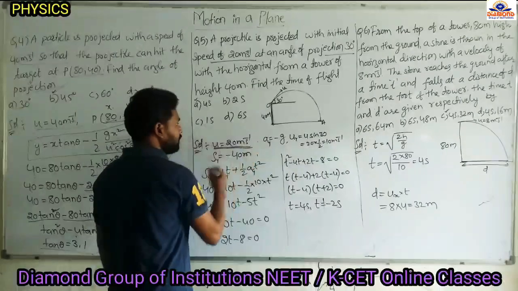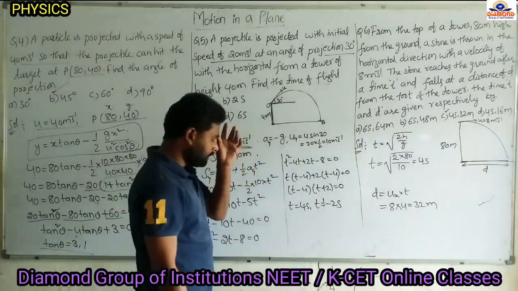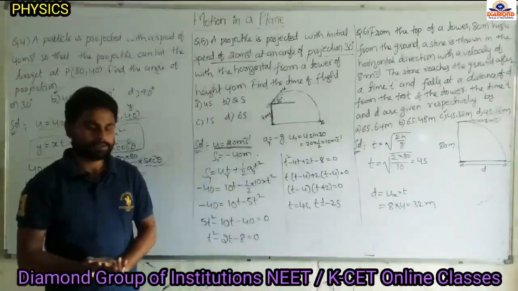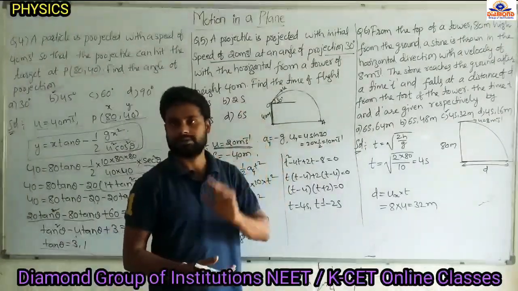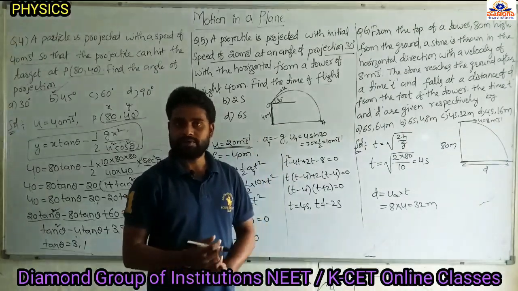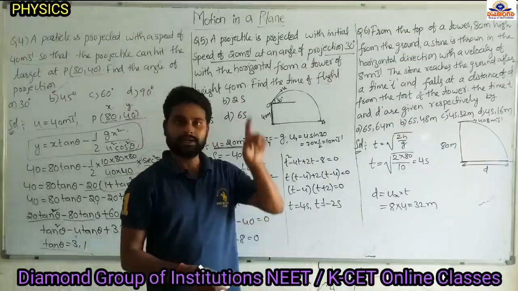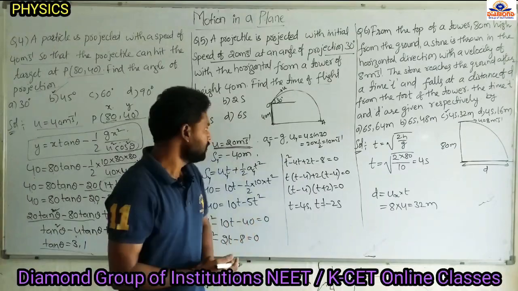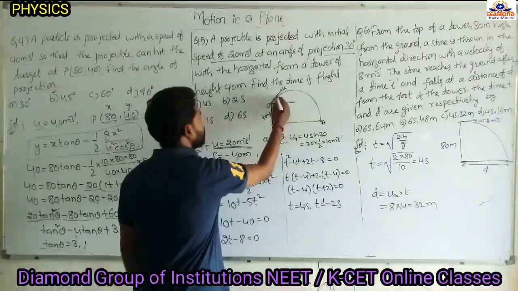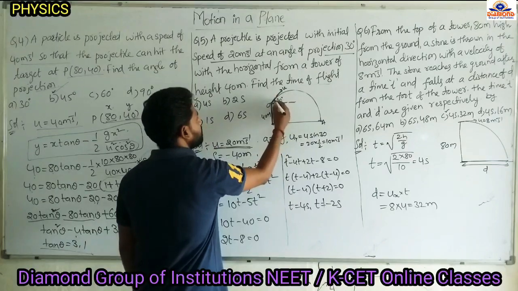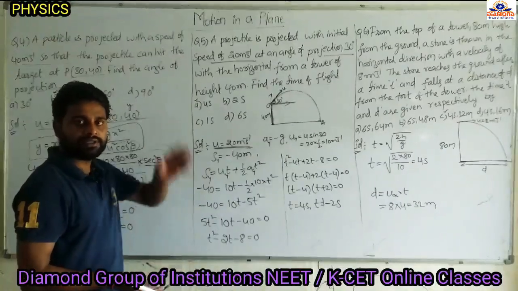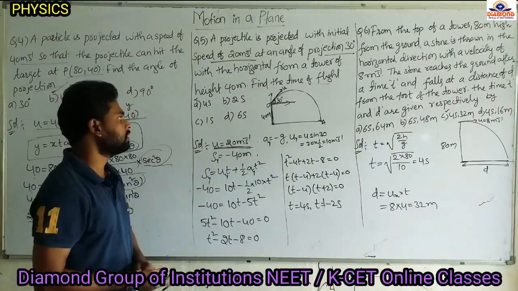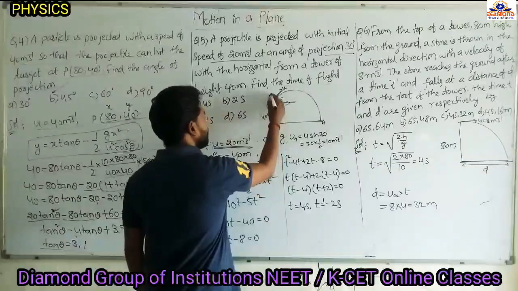Okay, then u value given, 20 meters per second. So one thing you have to remember here: when they ask for the time of flight, we have to consider the components along the y-axis. Okay, na? Whenever we are finding the time of flight, we have to consider the components along the y-axis. So now in the y-axis, this u is projected with velocity u, making a 30 degree angle, so we have to divide it into a horizontal component and a vertical component. To find the time of flight, we need the vertical component, no use of the horizontal component. So directly I am finding the vertical component only.